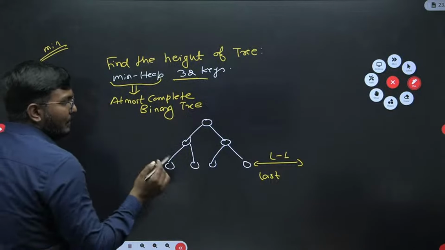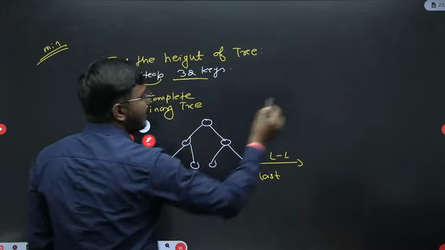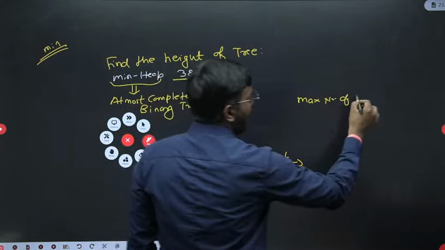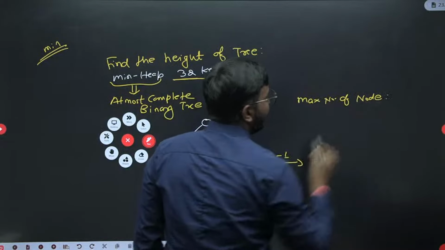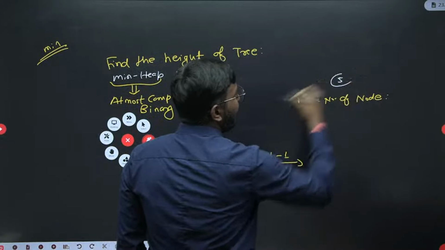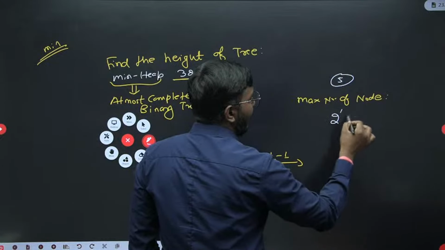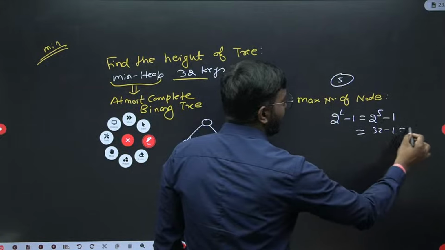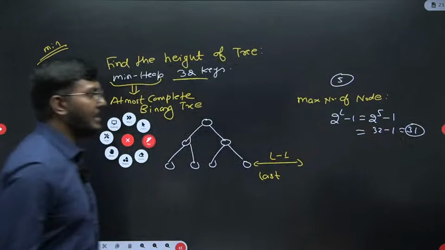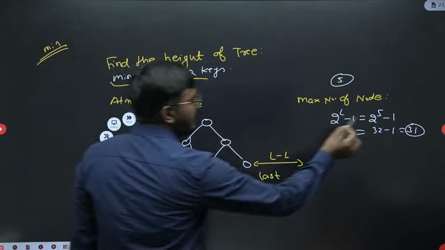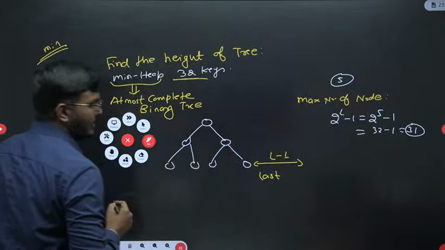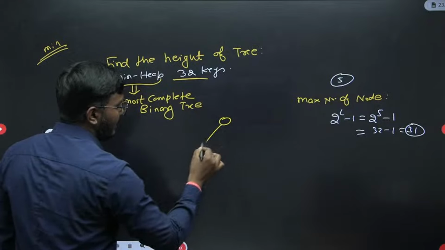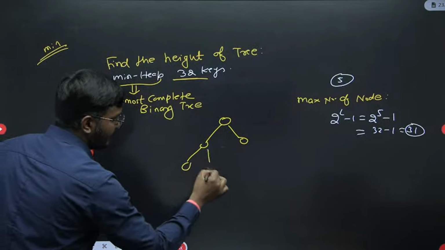Getting my point? So if you see here, the maximum number of nodes with level 5 is 2 power L minus 1, that is 2 power 5 minus 1, which is 32 minus 1, that is 31 keys. It means 31 keys will be the maximum number of nodes for 5 levels. It means if the level of the tree is 5 here,